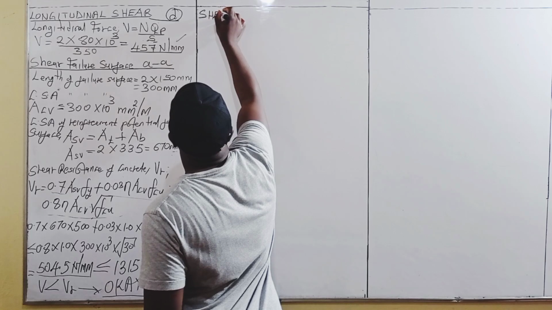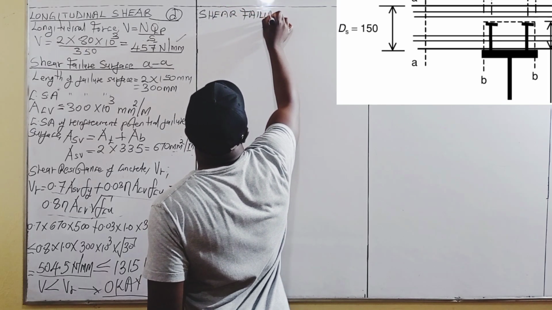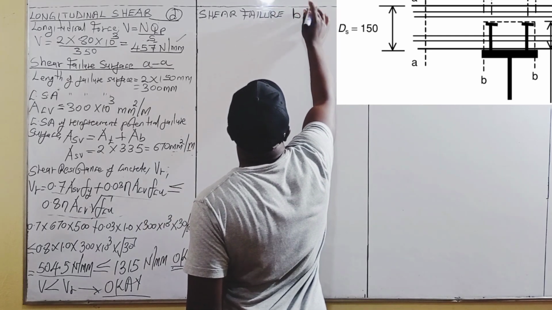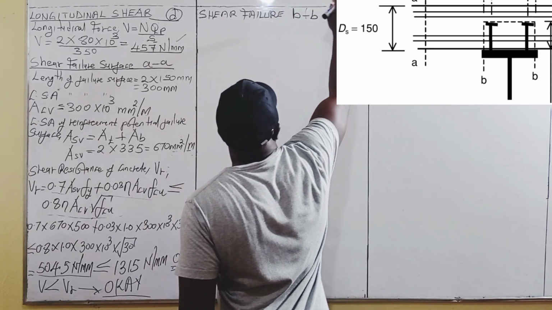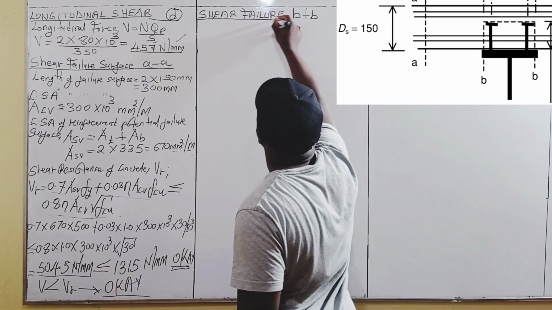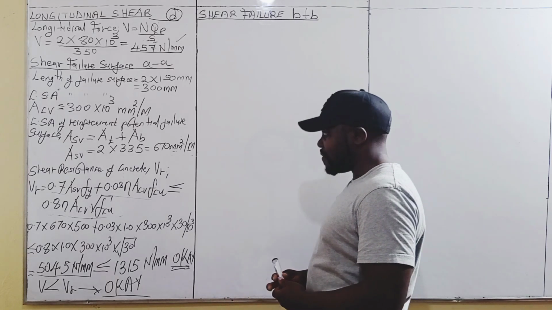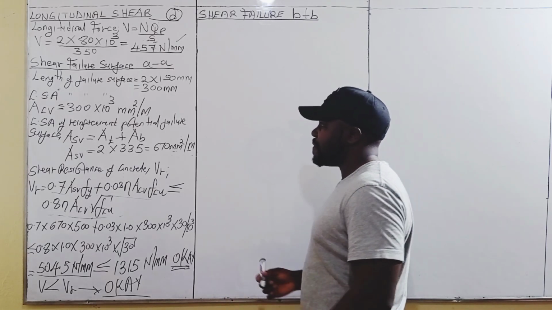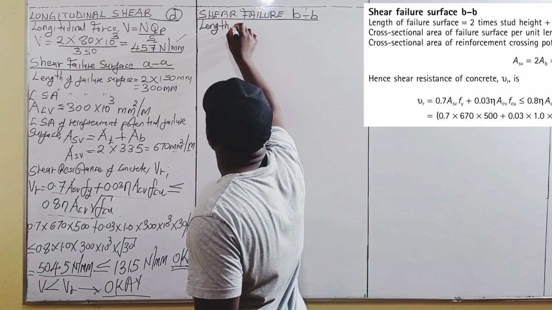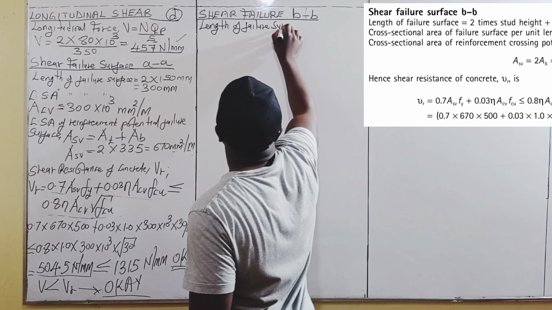So, shear failure in section BB, as shown on this diagram. The shear failure in section BB, we are going first of all to calculate the length of failure surface. Therefore, the length of failure surface